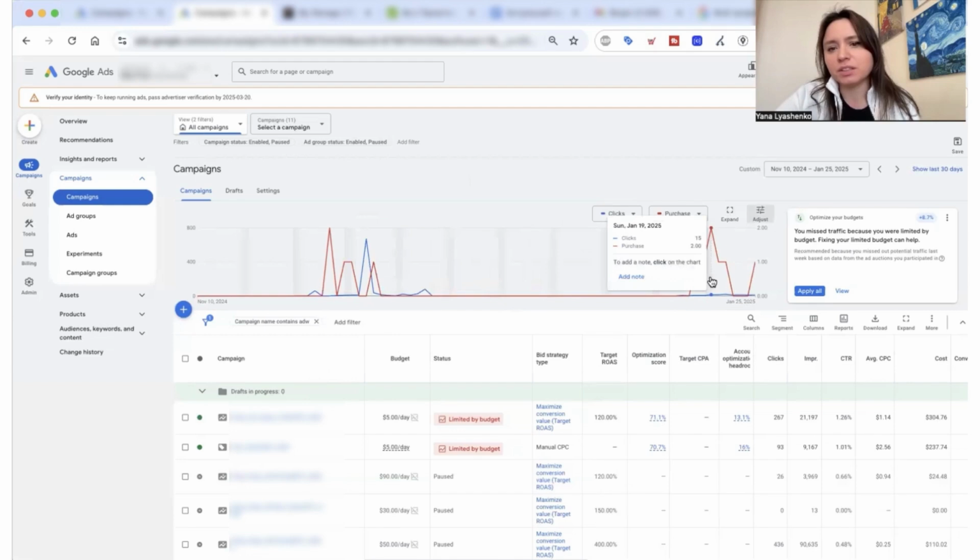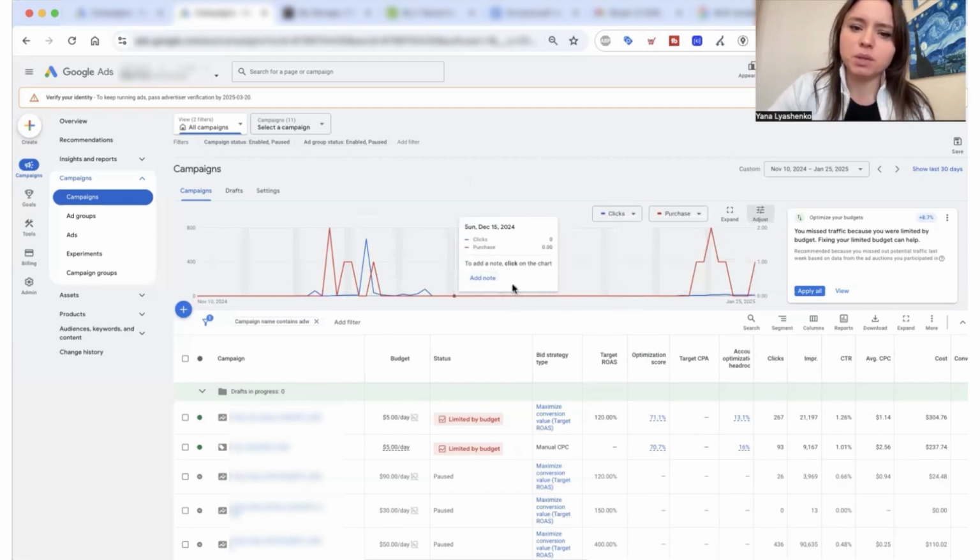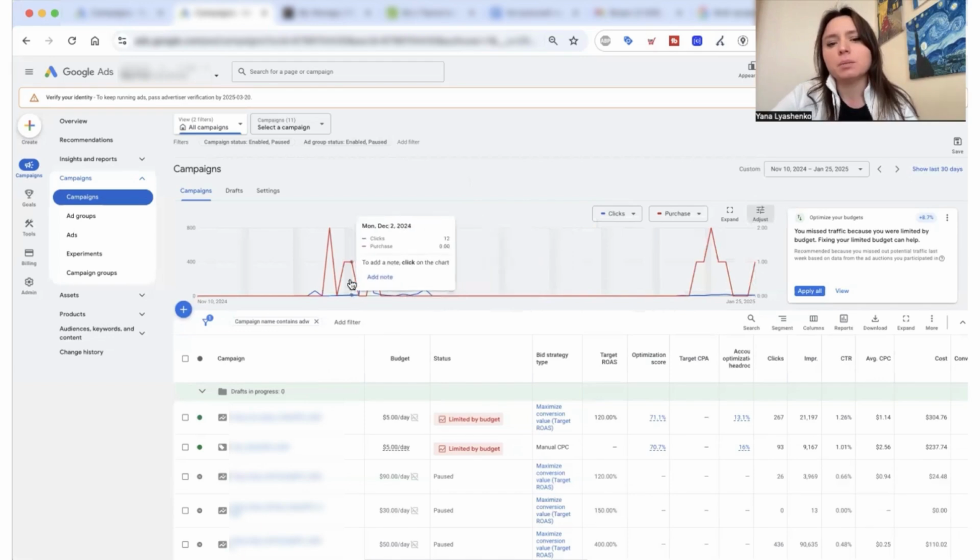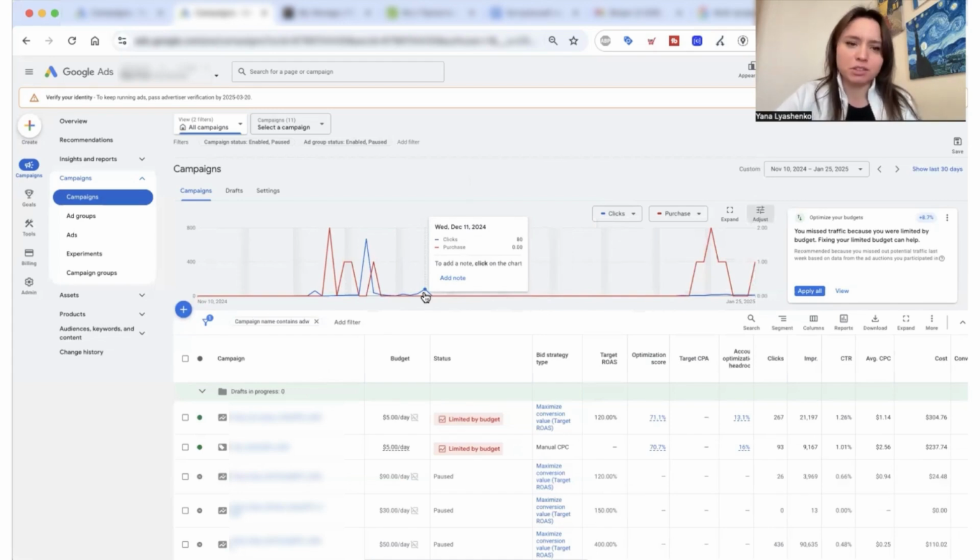But here, for example, with a smaller number, let's say, of purchases, things actually got much better. Why did we end up with this fragmented period? During this time, we didn't run any ads at all and had no clicks, because throughout this whole period, we told the client that there was a real issue with some aspects of their website speed. Not all clients want to deal with this kind of thing.